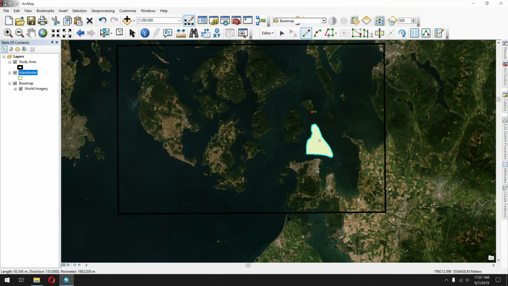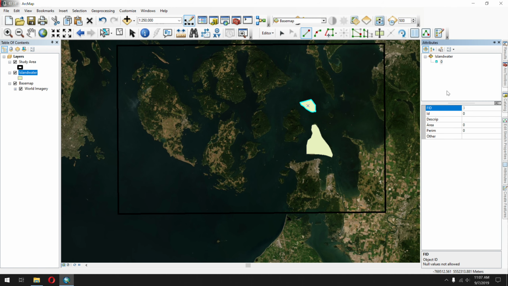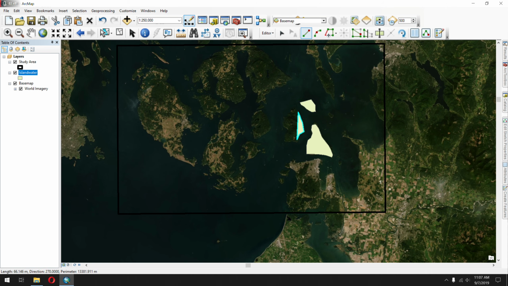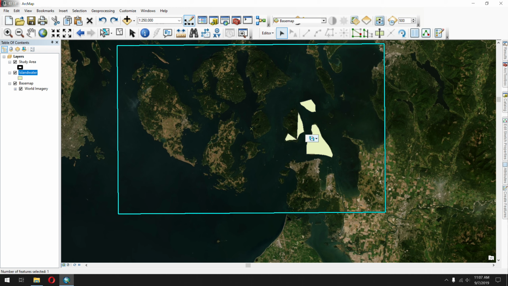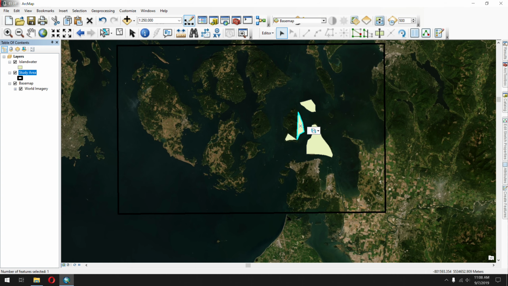Now I'm going to go over here and get this one. Open this description up again. Island, small island. And then I'm just going to do this until I mess up like that. Hit Control Z and grab that little guy. Oh, move study area below over here on the table of contents. That way when you try to select something, it selects the right thing. Delete that,